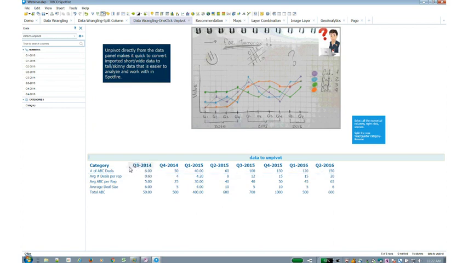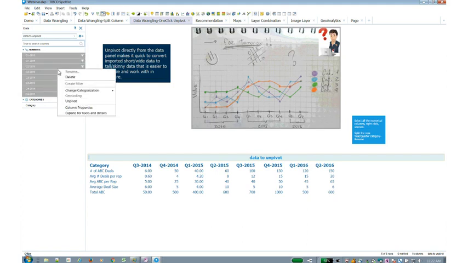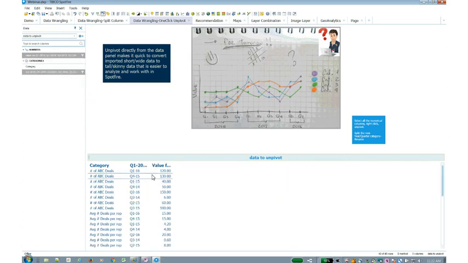Well, Spotfire makes it easy to grab all those columns and do a simple right click and unpivot and immediately turn that data into a tall, skinny format, which of course now you can use in a visualization and create the appropriate visualization as needed. So these are just a handful of simple, quick and easy clicks for your users to manipulate the data.